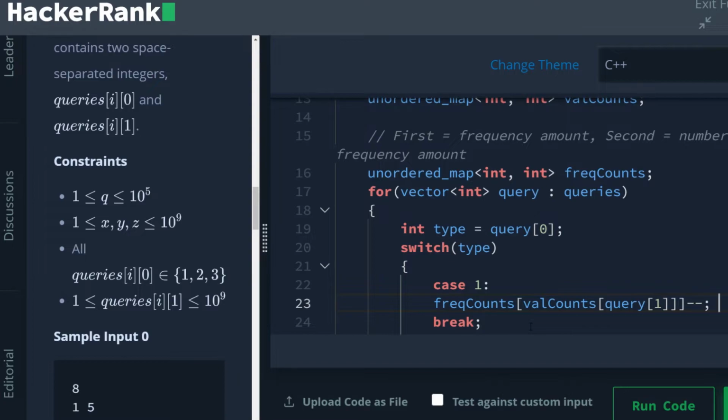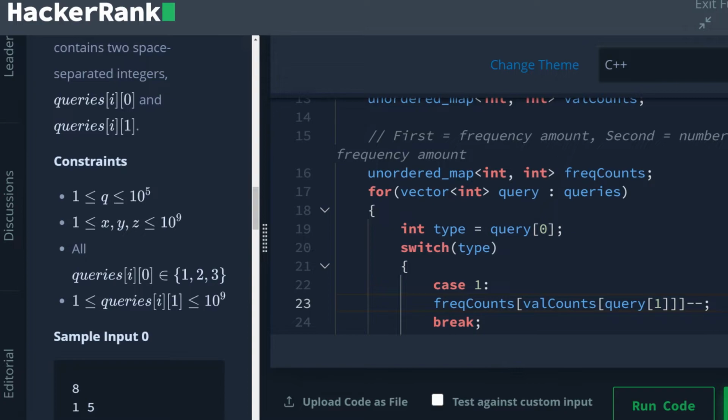Now what this means is, currently at value counts of this number, let's say this number is 1, and we currently have 1 instance of 1, well, that means in our freq counts, under the occurrences of 1,